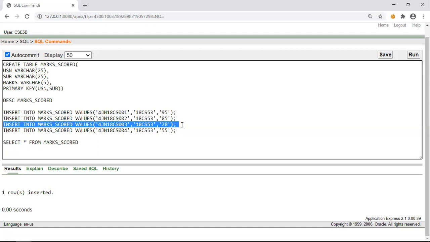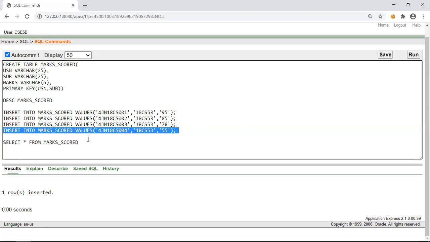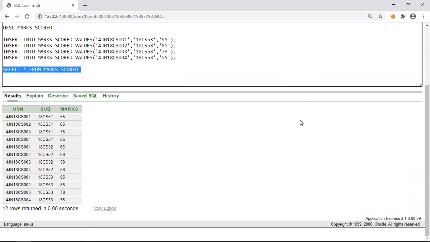So we have four students and three subjects, so a total of 12 rows are there. We can check the values. Okay, 12 rows are returned.